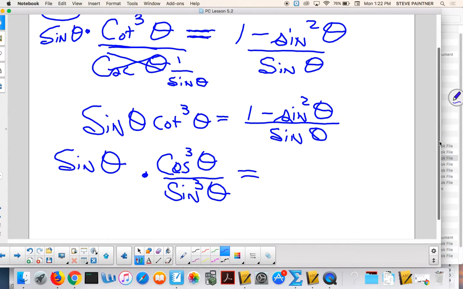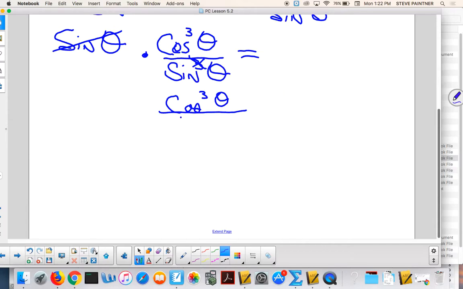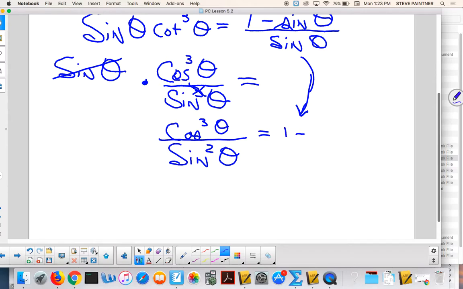Now Eddie, what? Sine cancels with one of the sines. So now you have cosine cubed over what? Sine squared. And we're still trying to get this mess right there, which was 1 minus sine squared